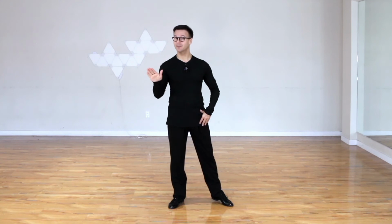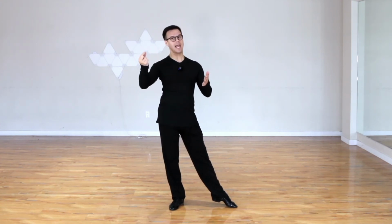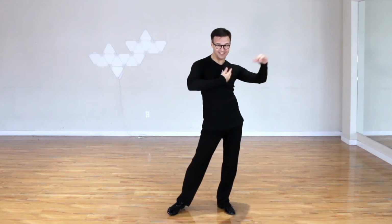But on count 4 and 1 and, on count 4, we transfer almost full weight, let's say 80 to 90%, because we still have count 1 that we do not make a step on. So on 4, almost there, and 1 we finish, and on count and, the second part of the 1, we rotate. So 2 and 3 and 4 and 1 and 2 and 3 and 4